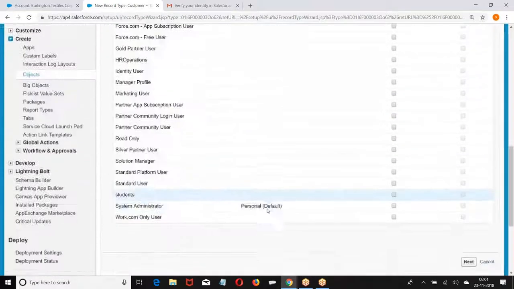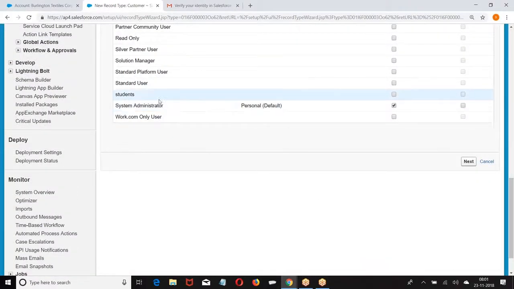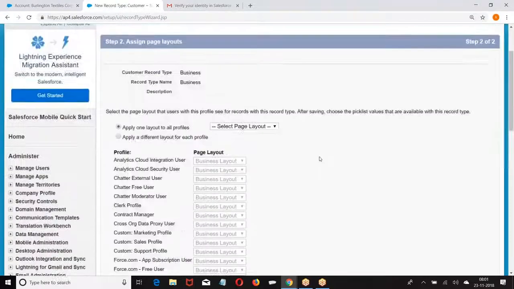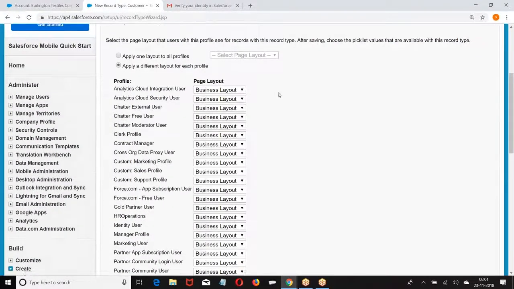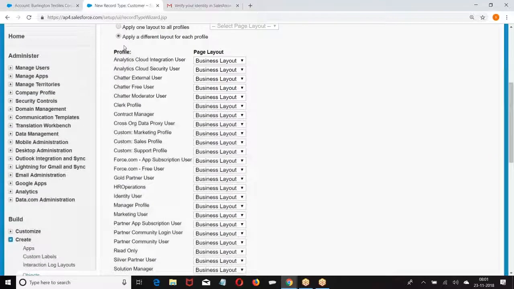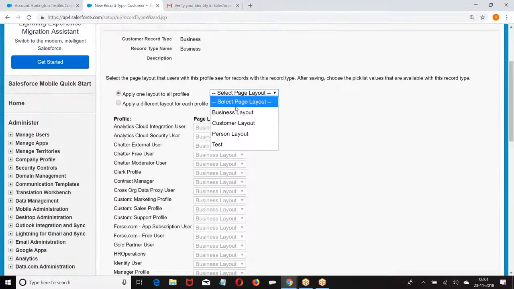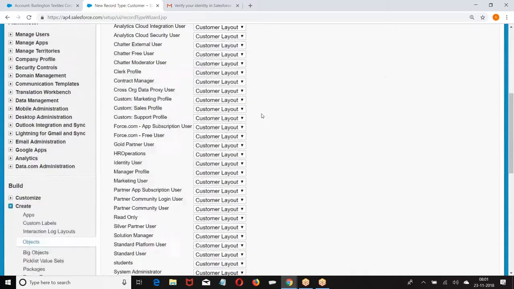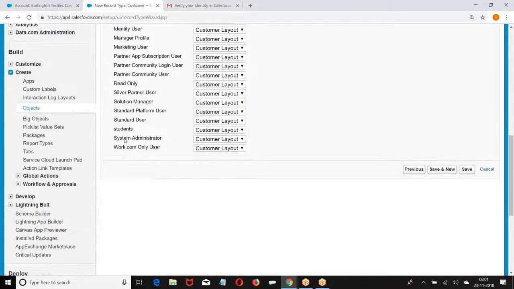Should be visible to whom? System administrator. When they log in, what should be the layout? I told for everyone it should be a customer layout. For system administrator, it should be different.